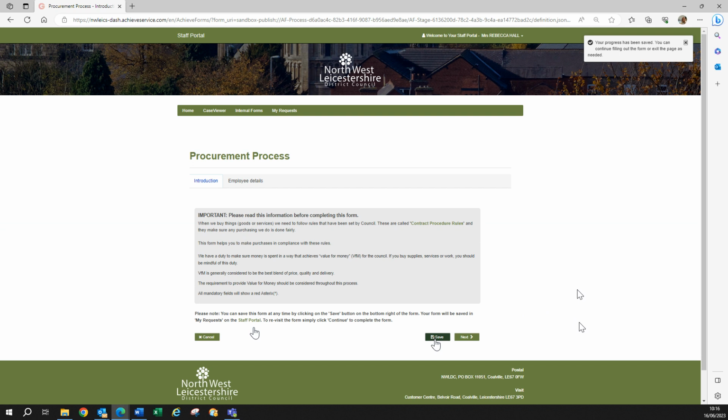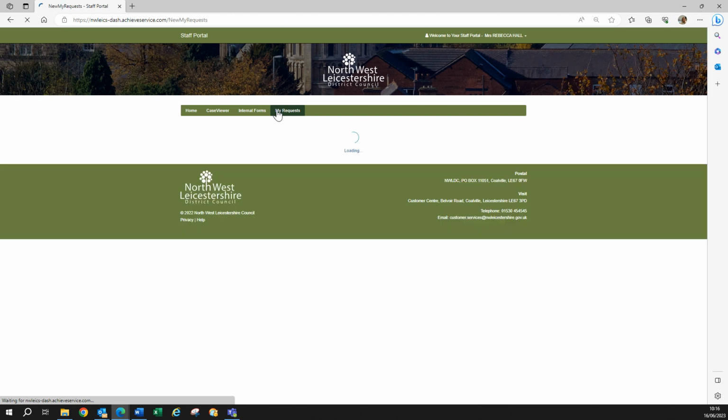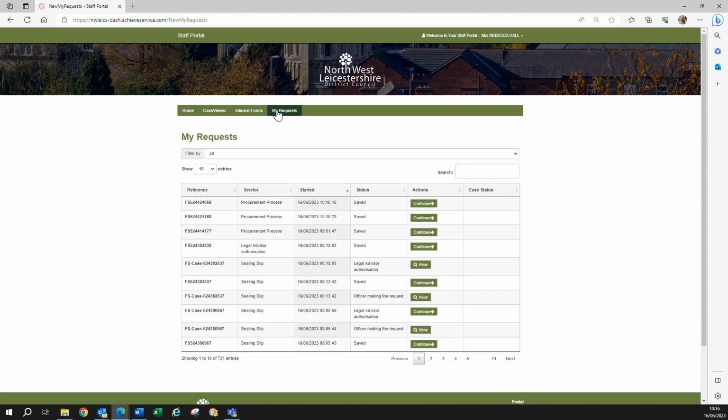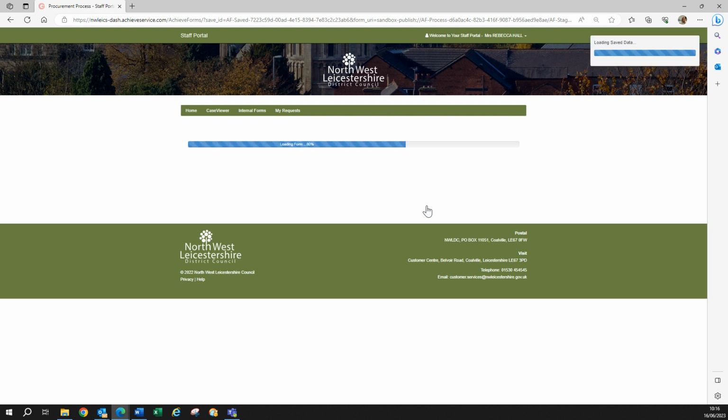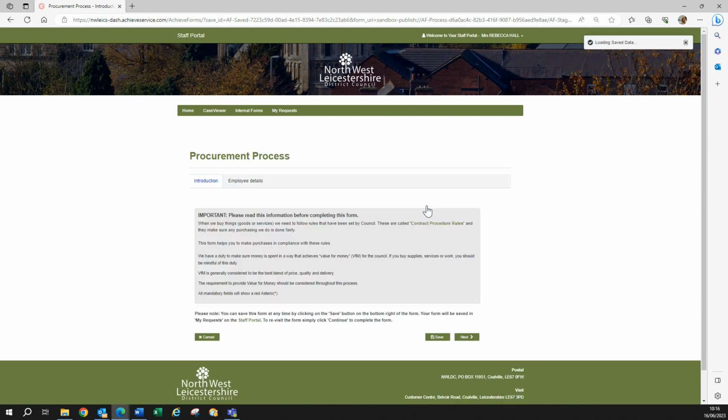When you want to return to the form to complete it, simply click on My Requests in the green bar. You will now see a list of forms that you've saved or completed. These will appear in date order. Find the form that you wish to revisit by clicking on Continue. This will then take you back to the form and will enable you to complete the remaining questions and submit